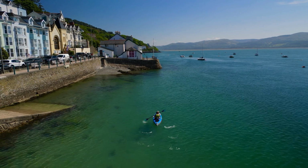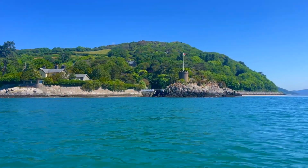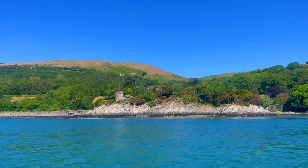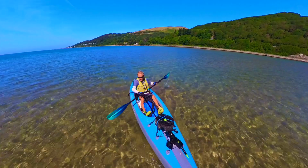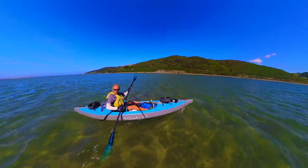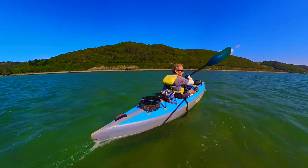Shipbuilding was based in 7 shipyards in Pennal, where 45 sailing ships were built between 1840 and 1880. As you can see from the flag blowing in this footage, the wind was picking up from the west as I paddled upstream. While this was assisting me on the upstream leg of this journey, my concern was that if the wind continued to pick up, then I would be battling it all the way back on the downstream leg